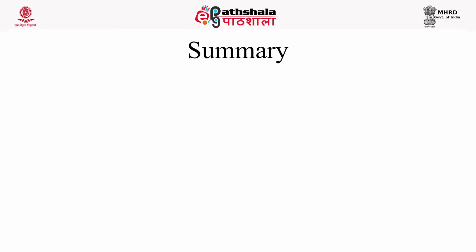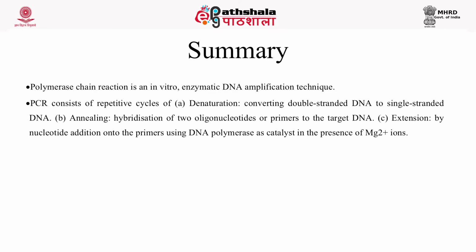Now let us summarize what we have learned in this module. Polymerase chain reaction is an in vitro enzymatic reaction for DNA amplification. The PCR consists of repetitive cycles of 3 steps: denaturation, annealing and extension. In denaturation, the double-stranded DNA melts into single-stranded DNA. In the second step, that is annealing, primers are used to bind to specific sequences of DNA so that our